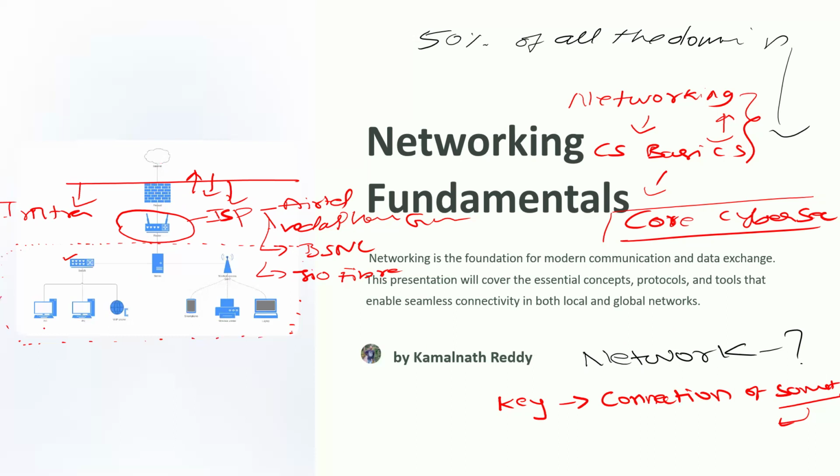Again, your switches. You might have one PC, two PCs, one mobile phone, a server, a printer, a coffee machine, a laptop. There are a lot of devices. They will have Wi-Fi routers and wired routers as well, and switches. Everything all together is called a network because we are connecting each other.